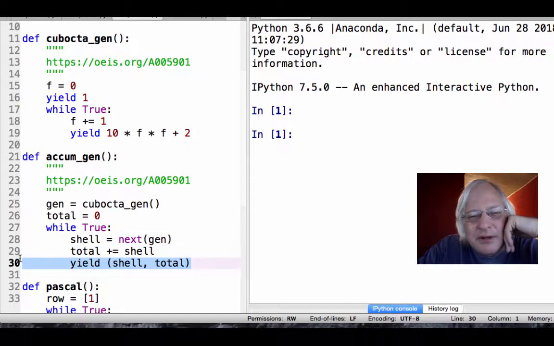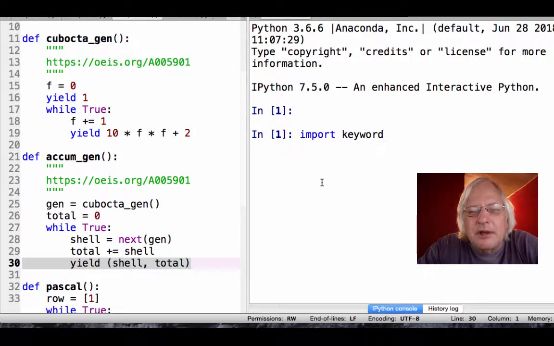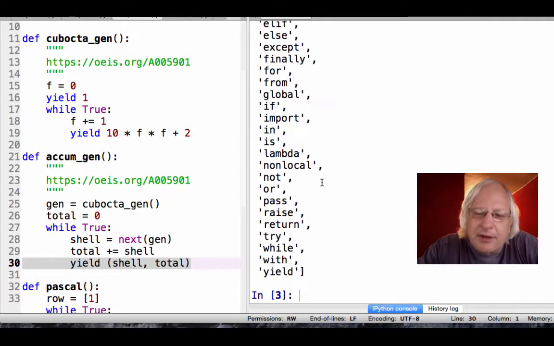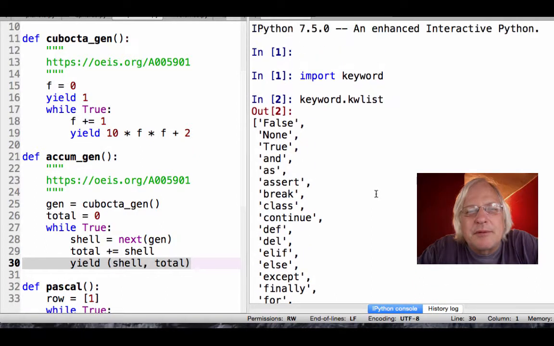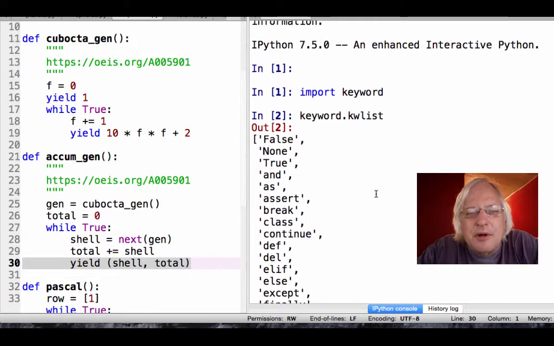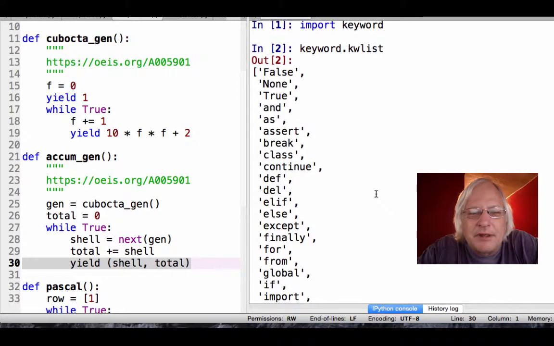Like the keyword yield, there's about 33 keywords in Python. I often show that, by the way. I go import keyword, and I think it's not plural. I could be wrong here, and it took a while. And now I just want to say keyword.kwlist, and that's going to tell us all the keywords in Python. This is 3.6 right now, so I'll be hopping to 3.8 one of these days soon, I think.